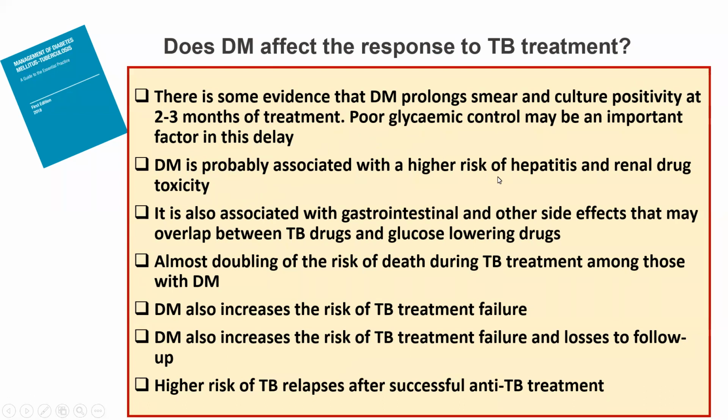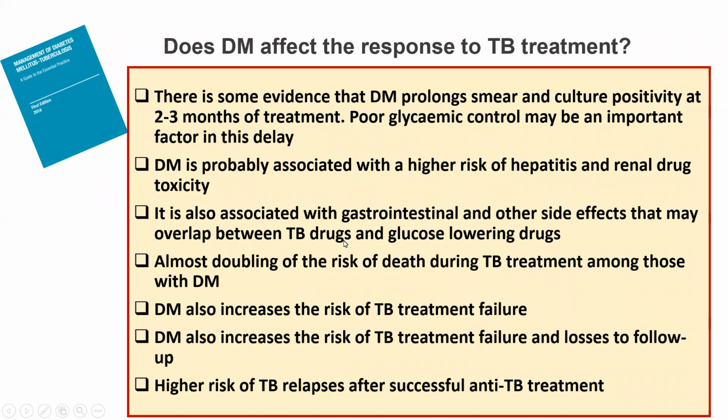Diabetes is probably associated with a higher risk of hepatitis. So the liver gets involved, even kidney toxicity. They also alter treatment, because some of the drugs are metabolized in the liver and also in the kidneys. Diabetes is also associated with gastrointestinal and other side effects that may overlap with TB drugs and glucose,